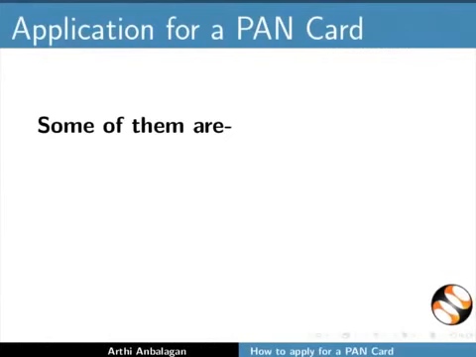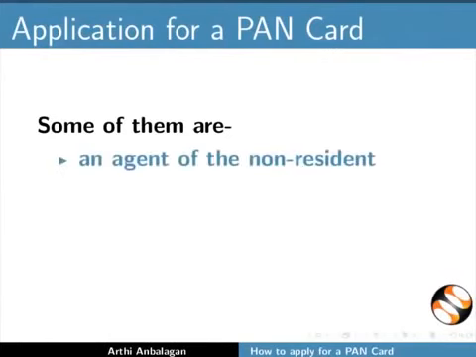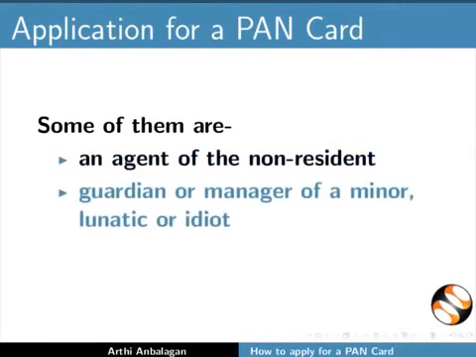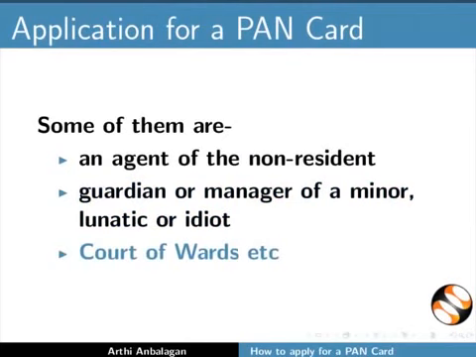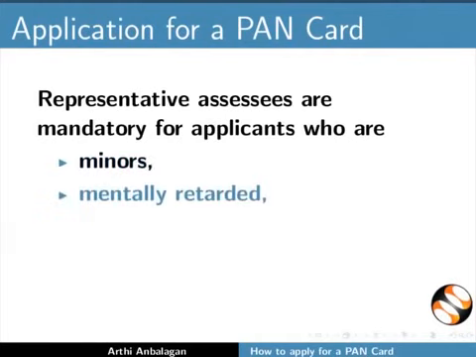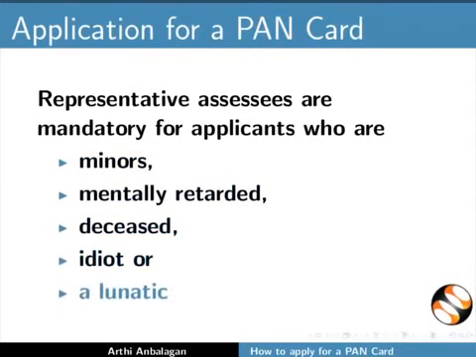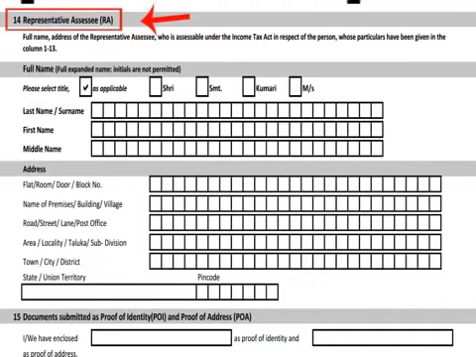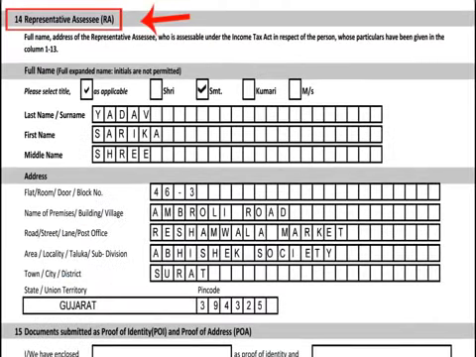Some of them are an agent of the non-resident, guardian or manager of a minor, lunatic or idiot, court of wards, etc. Representative assessees are mandatory for applicants who are minors, mentally retarded, deceased, idiot or a lunatic. Personal details of the representative assessees have to be filled here.